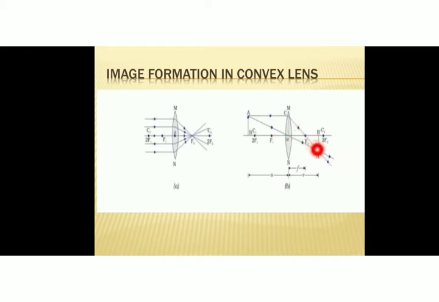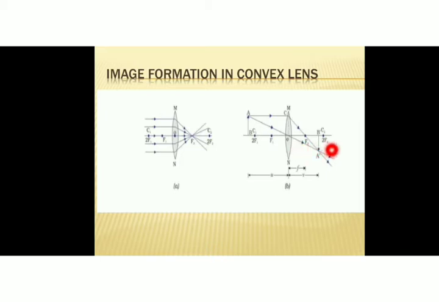Both the rays intersect together at this point. So our image is formed here. And image is denoted by A dash, B dash. See what type of image is formed here. Object is AB. It is erect. And A dash, B dash is our image and it is inverted. So this is a real image. That's why it looks like this in inverted image. Okay. And where is that image formed? Image is formed between F2 and 2F2. Okay, so image is formed between F2 and 2F2.